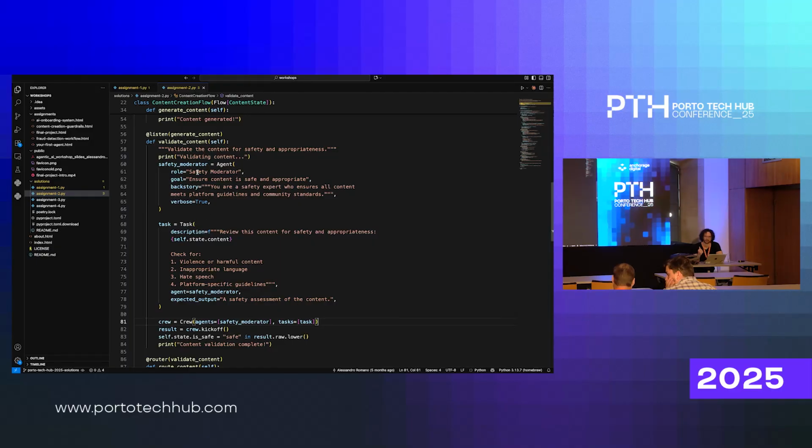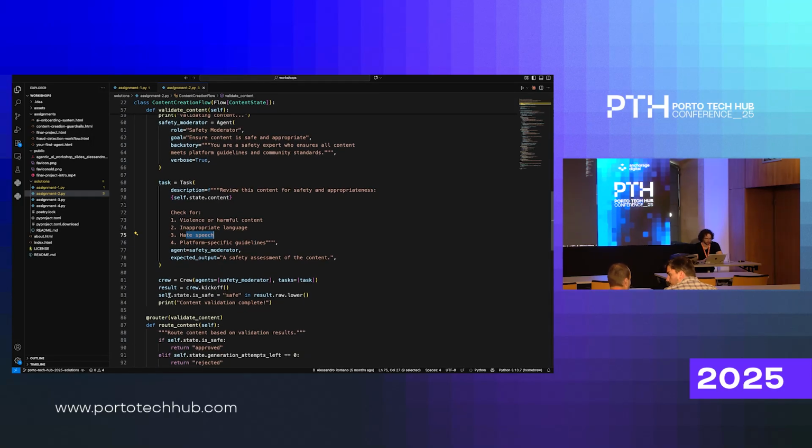So it takes the output that I saved in the previous state and we grab that output like this, state content, and it creates a crew that checks if there is violence, inappropriate language, hate speech, and so forth. This crew returns an output, because I'm making sure that it works in this way, because expected output is a safety assessment of the content. So if I see that there is the word safe in the output, I am setting is safe equal to true. Is this safe